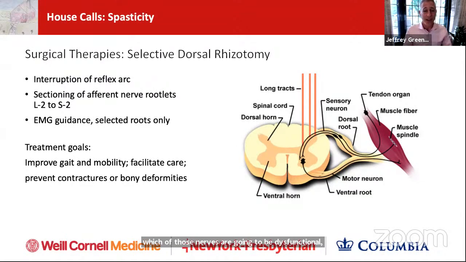And then during surgery, we actually monitor them. This is a much longer surgery, and we monitor each of those nerves. And after monitoring all the nerves that go to the legs, we'll make a decision on which ones are the most abnormal and cut only those. And then this is followed up with a good deal of physical therapy, often inpatient, for a few weeks at a children's specialized physiatry facility where they can work very, very diligently to get those muscles strong again